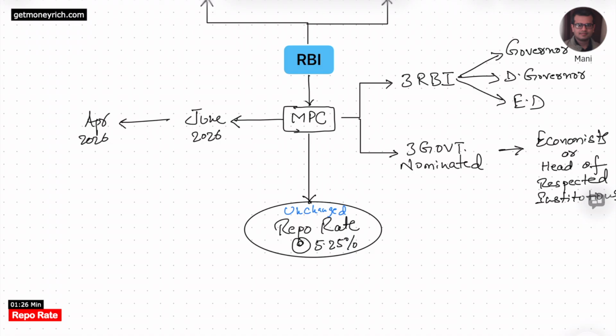If banks require money to give loans to us in the form of home loans, personal loans or car loans, and if banks think that there is excess demand for the loan, what will they do? They will ask RBI for the money and RBI will give the money to these banks as loans. But you have to understand here that the banks can borrow money from RBI, but they have to give a collateral to take this money.